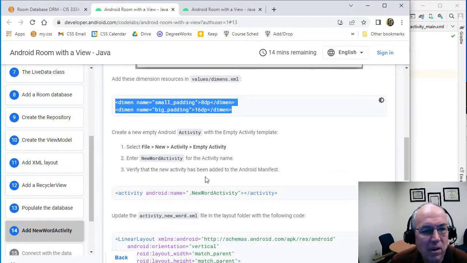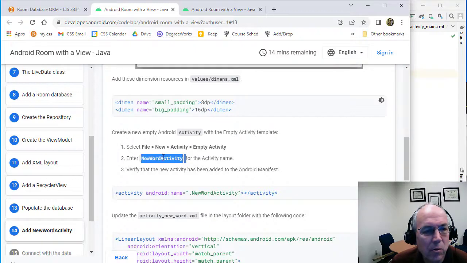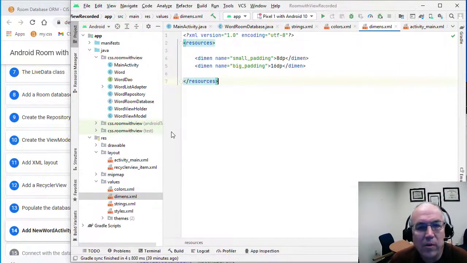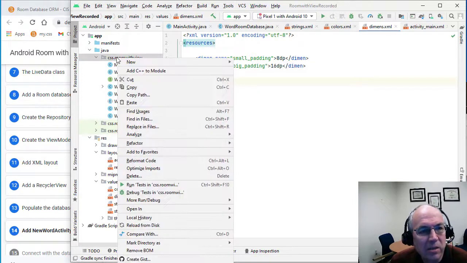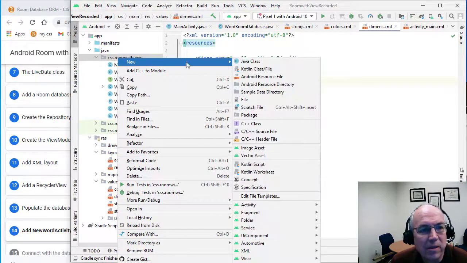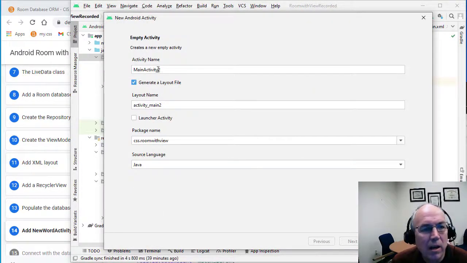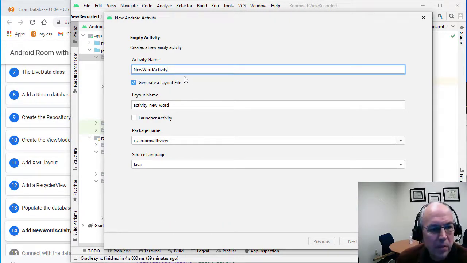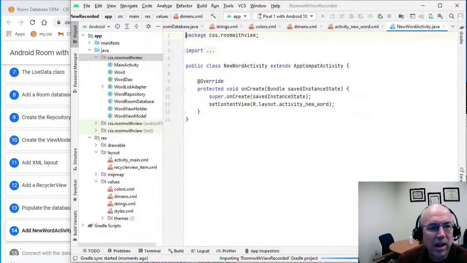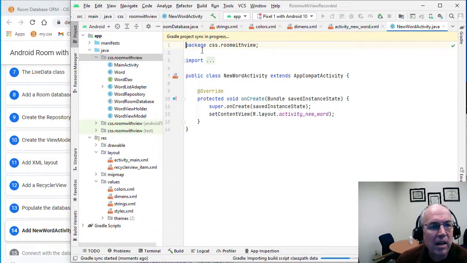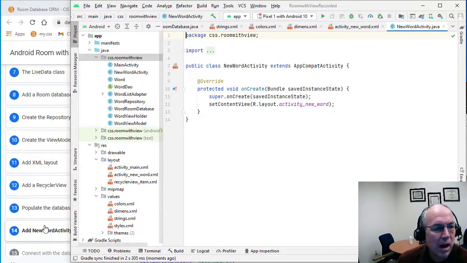Now we're actually going to add our new activity. So we're going to create a new word activity. When you create a new word activity, you do have to be a little careful because we have to add some stuff to what is called a manifest here. So you can't just do new class. You want to do new activity, and we're going to do an empty activity here. New activity, empty. We're going to change it to a new word activity here. Everything else is good, and add that. So that'll add this and sync this up for us